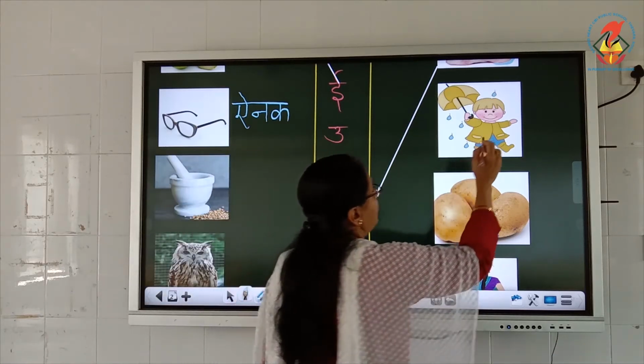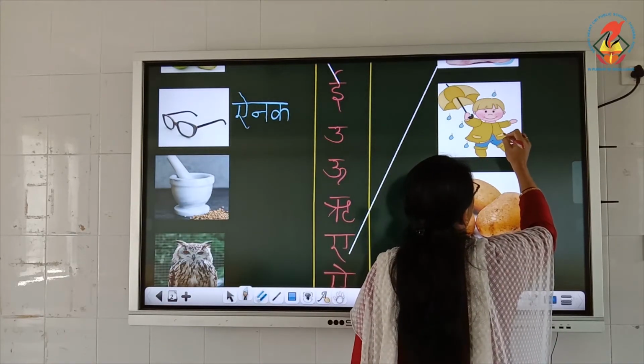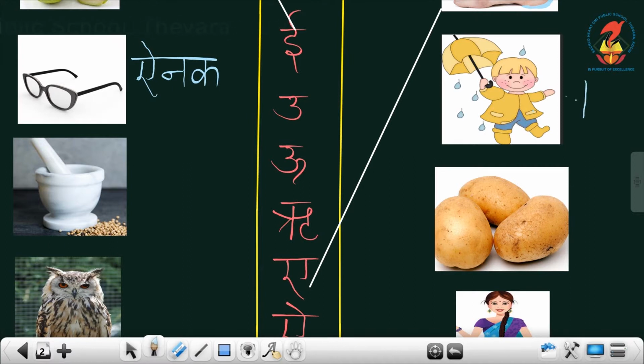Let us take this boy's name as Rishabh. He is Rishabh. And what season? Ritu. Season also, it's a rainy season, so we are not writing that. Can you see Rishabh? Can you see Rishabh?